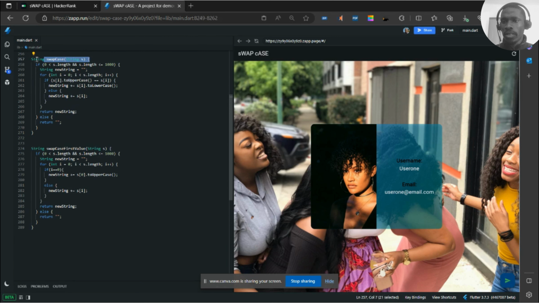Okay, so we're going to start here. Right here we pass a string s. And then we just check the length of s, if it's between 0 and 1000. We initialize a new string right here. After initializing the string, we'll loop through the original string length. And then we just check one condition. Once we check if it's uppercase, we then turn it to lowercase, or we just return